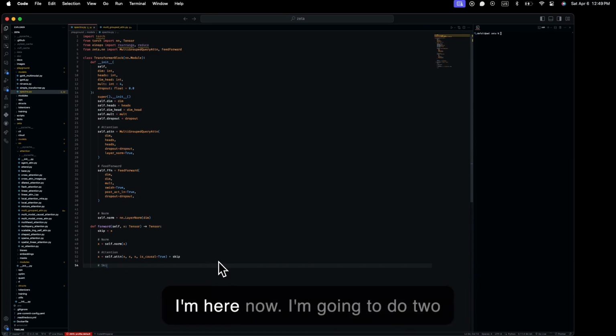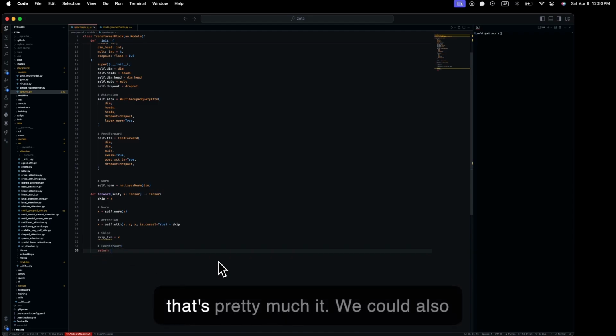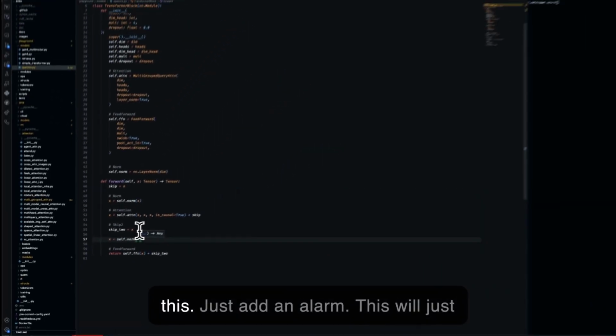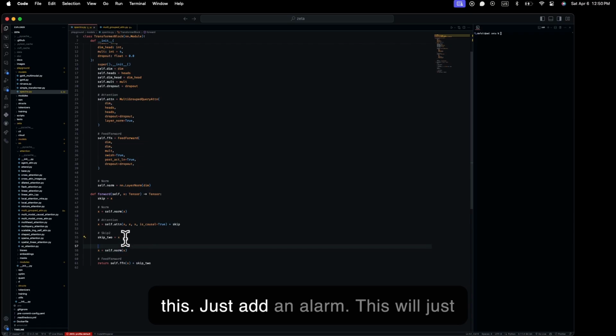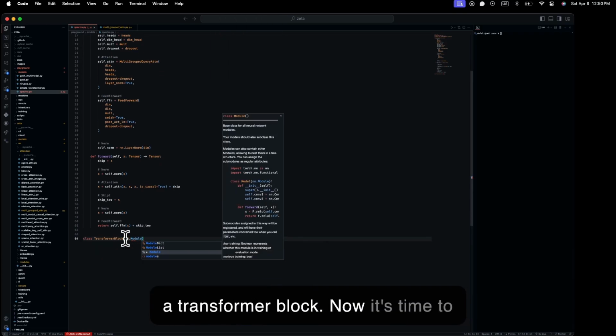And then here now we're going to do skip 2. Now we'll do feed forward. And that's pretty much it. We could also do something like this. Just add a norm. This will just make it much better. Alright, so now we have a transformer block. Now it's time to